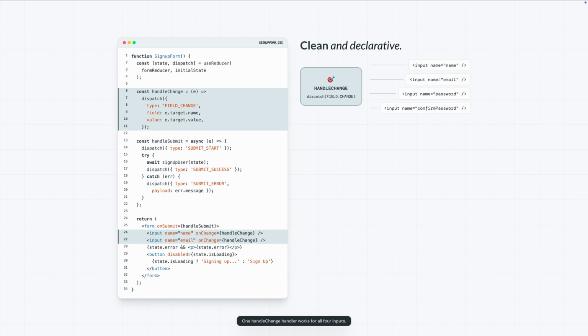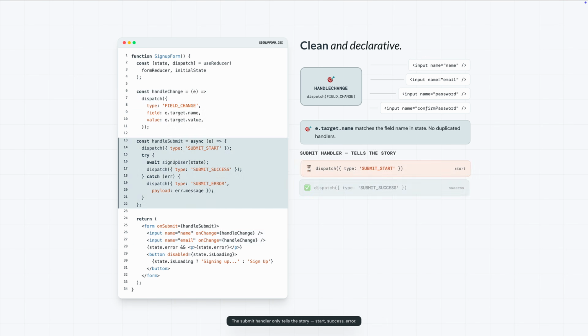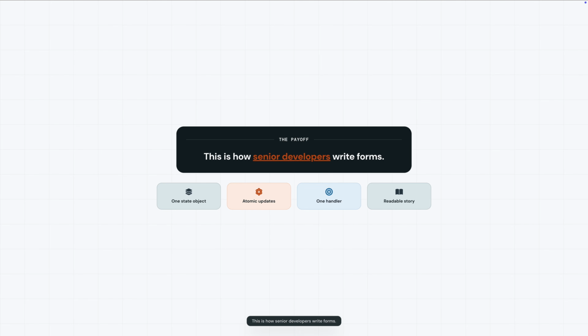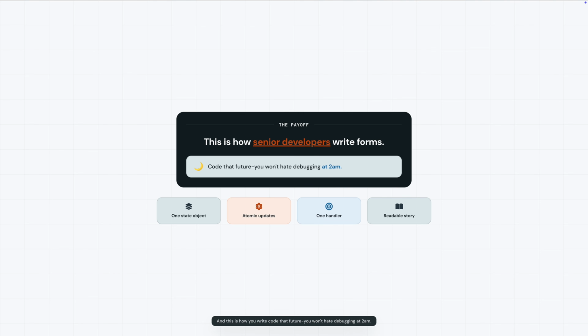One handleChange handler works for all 4 inputs because target.name matches the field name in state, no duplicated handlers. The submit handler only tells the story. Start, success, error. The reducer decides what each moment means for the state. This is how senior developers write forms, and this is how you write code that future you won't hate debugging